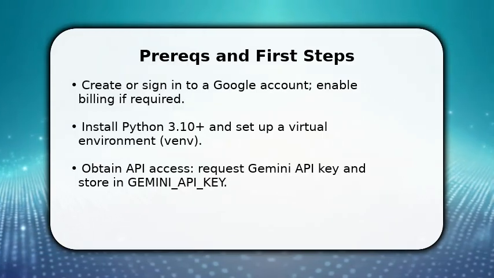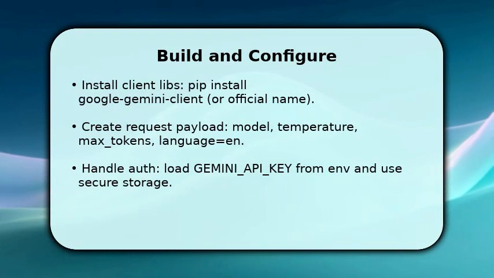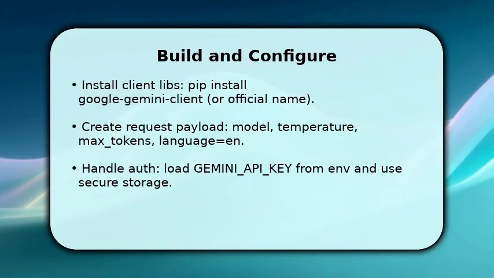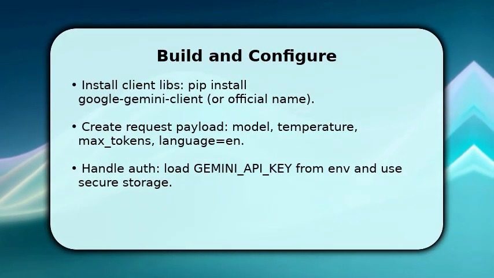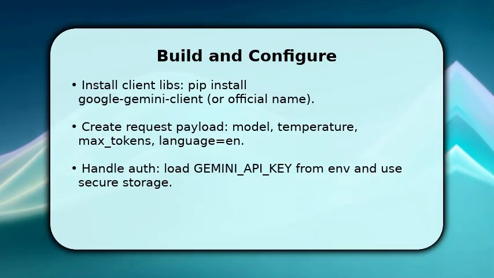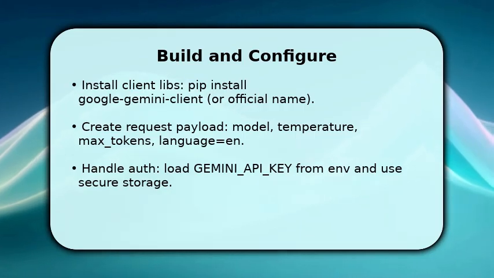You now construct the core integration so requests succeed. Start by installing and importing the Gemini client library, then initialize the client with your API key loaded from the environment. Next, build a request payload specifying model name, temperature, max tokens, and set language to English so responses are